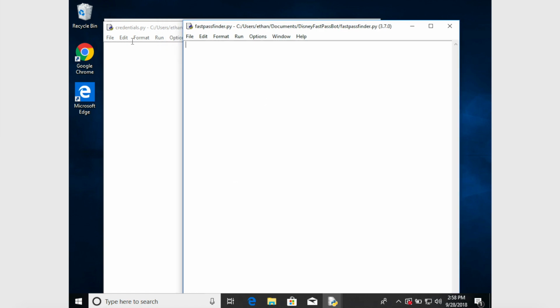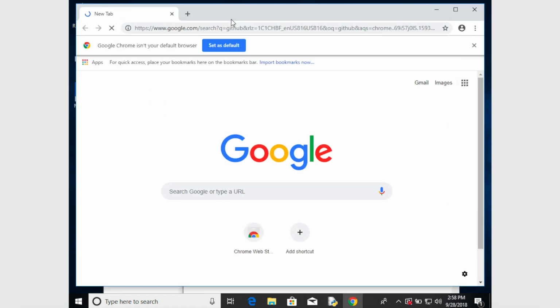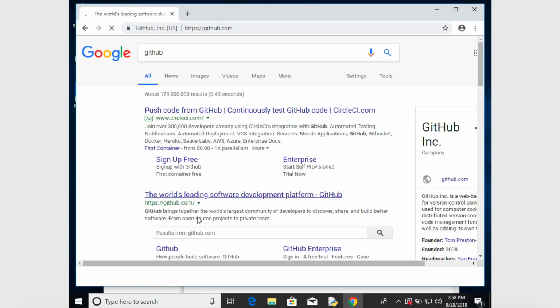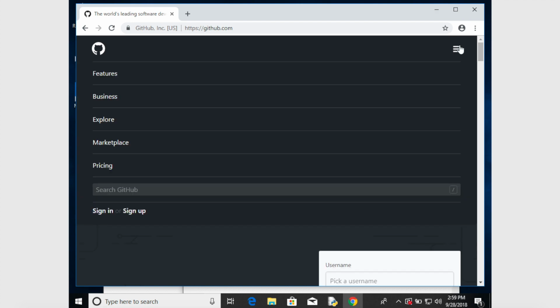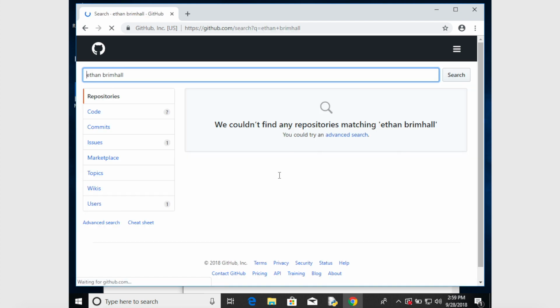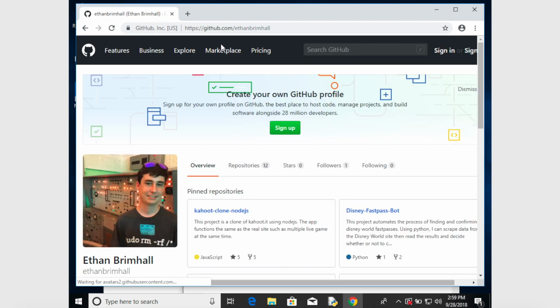And to get the code, all you have to do is go to Google Chrome and search GitHub, like that. And click on the world's leading software development platform, GitHub. Just make sure it says github.com. And you're going to go up. You don't have to make an account. You just have to go right here and click Search GitHub and search for Ethan Brimhall, and click on users and click on me right here. So you can also get to that by just going into the URL, typing in github.com/Ethan Brimhall, and you want to click on Disney FastPass bot,